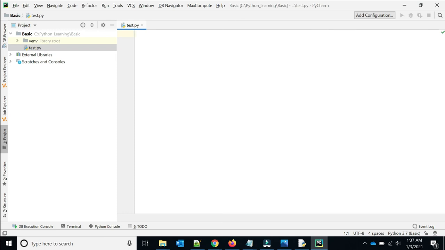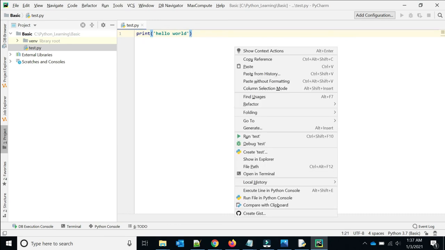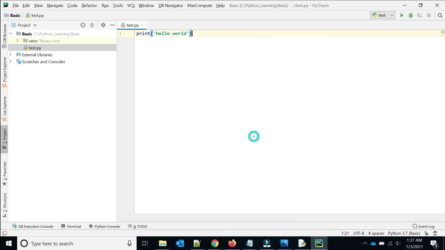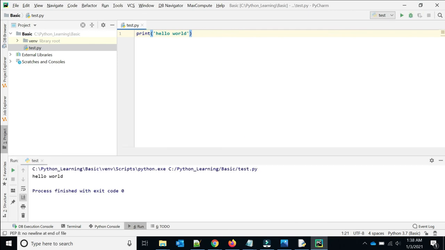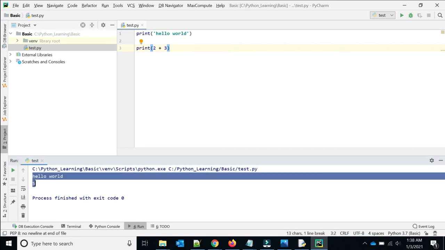Now you can write here print hello world. Okay, how to run this one, right click and you can run test.py. You can see the output is shown here. Same way you can write print 2 plus 3. Okay, so this is how you will run anything on PyCharm.